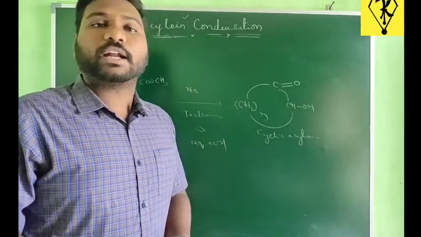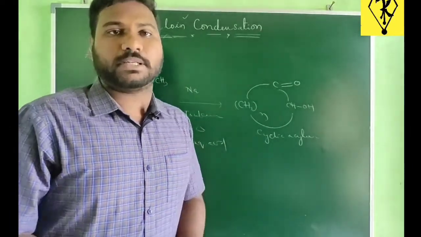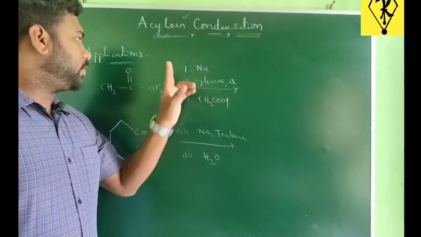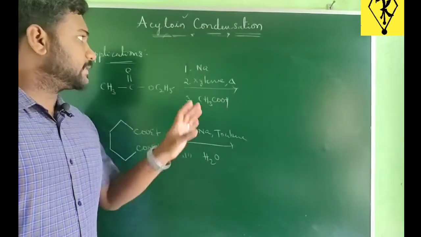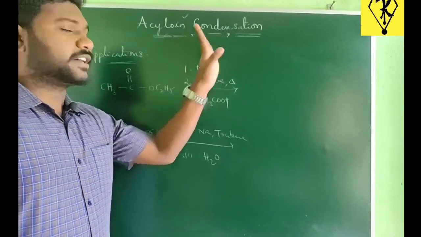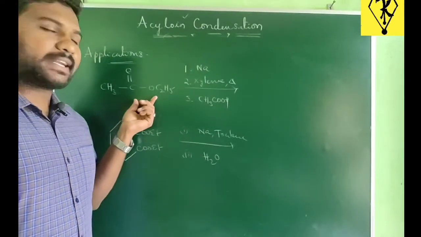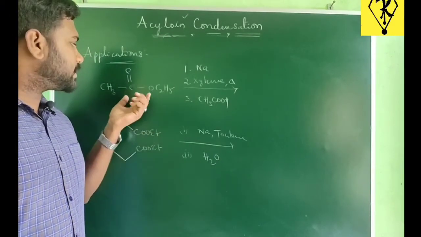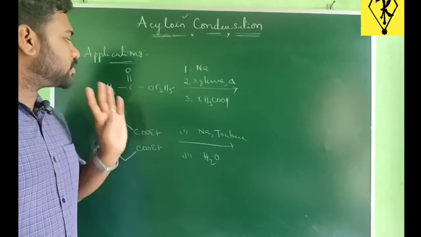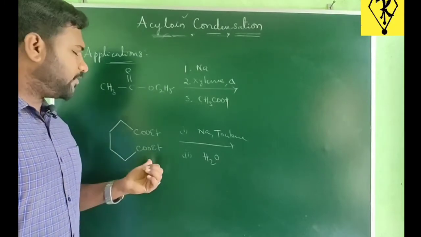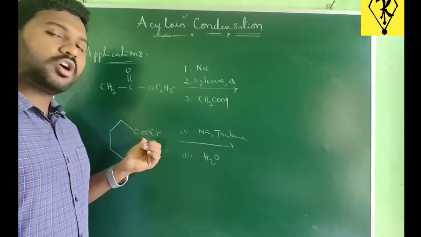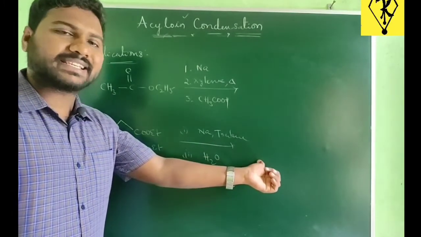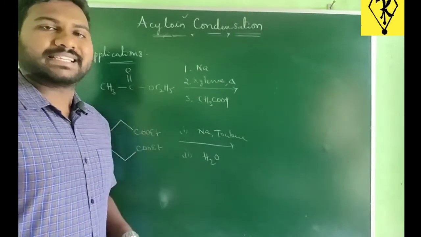How to write product, we'll discuss now by taking two examples. Simple. First, we need to observe reaction conditions. Yes, definitely it is acylation condensation. And we need to observe reactant. Yes, this is also satisfying that rule. Ester, it should be ester. So this is like normal ester. This molecule is having only one ester group. And if we observe second example, this molecule is having two ester groups. So here definitely we are going to get cyclic acetylene. Here we are going to get open chain acetylene.